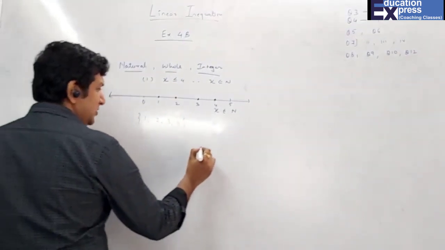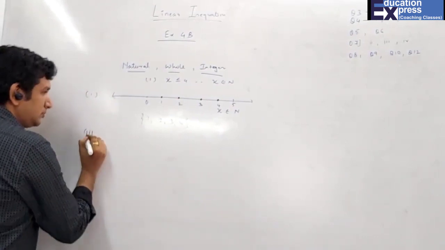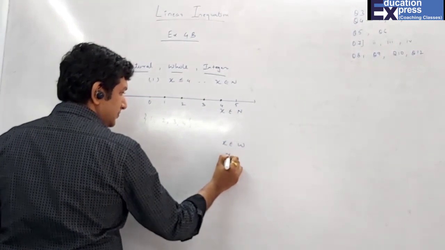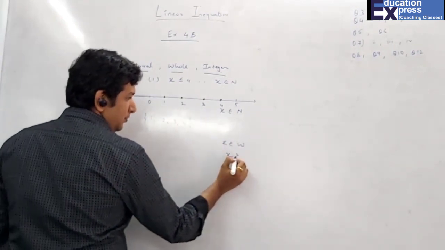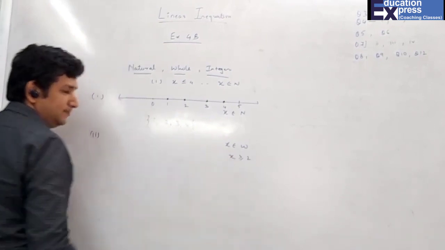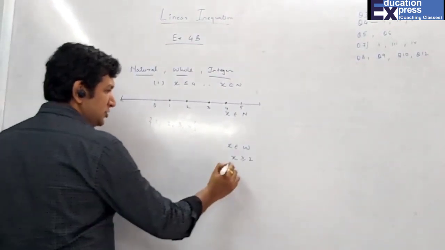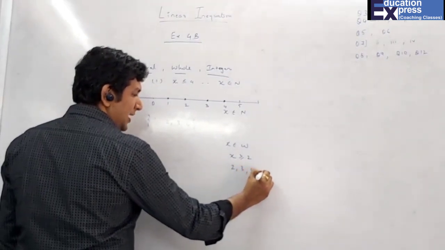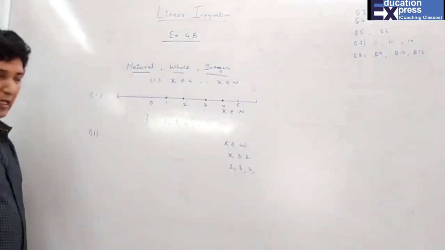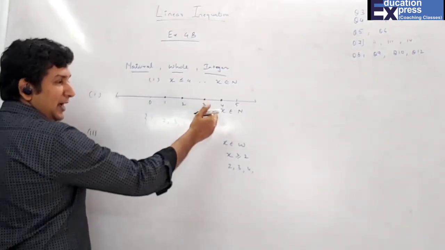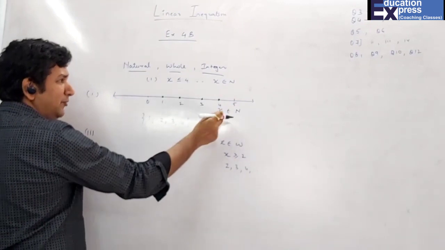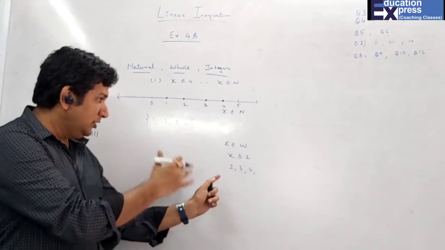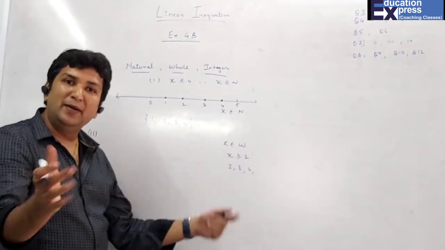Same way, in case I say, the second part, x belongs to whole numbers and x is more than or equal to 2. Can you please tell me the whole numbers which are more than or equal to 2? So 2, 3, 4, and there is no limit, it is infinite. So how will you represent this? As I have told you, I take one number extra because the limit was given, it was only till 4. But here I cannot do anything extra because on the right hand side there is no limit, it's infinite.